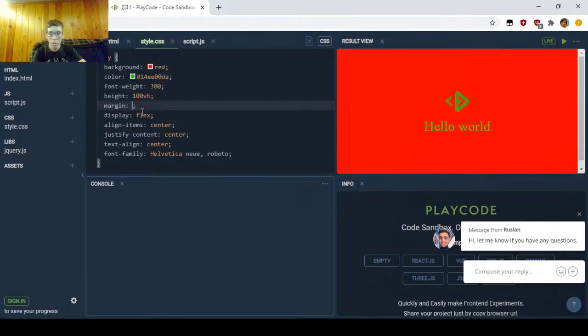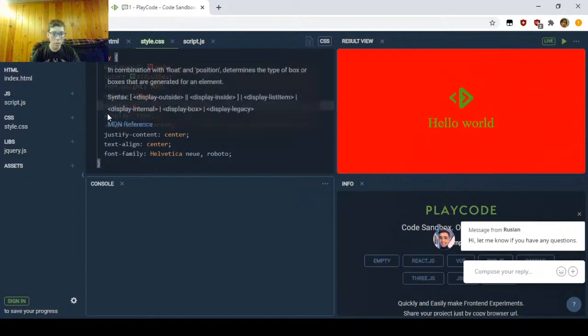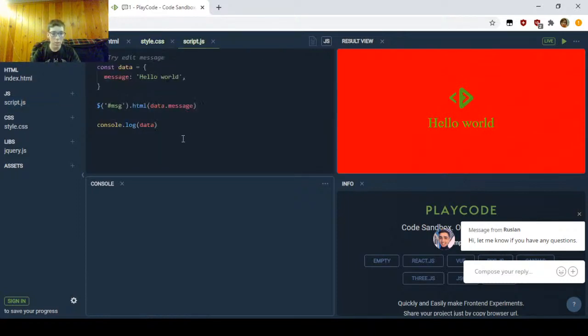Margin 5. It seems to want 0. Huh. JavaScript. Yoink. I don't want that there. Wait, actually. So this. So if I do, so let's see if I